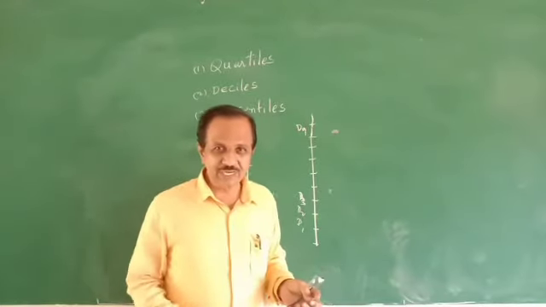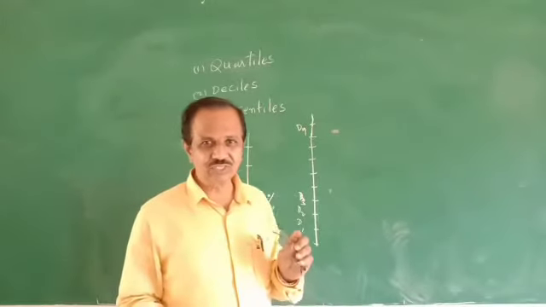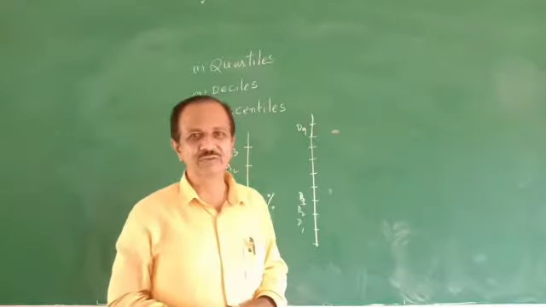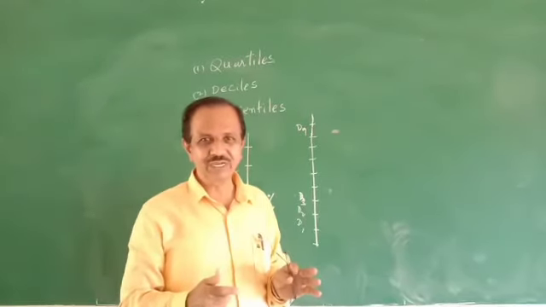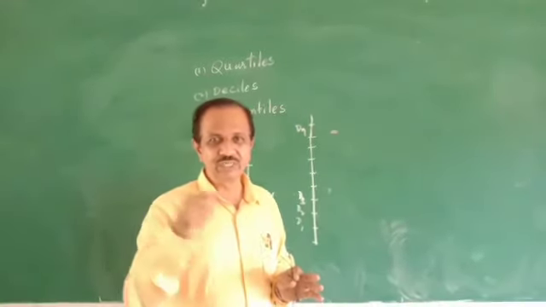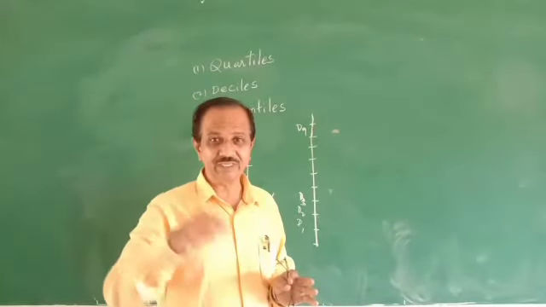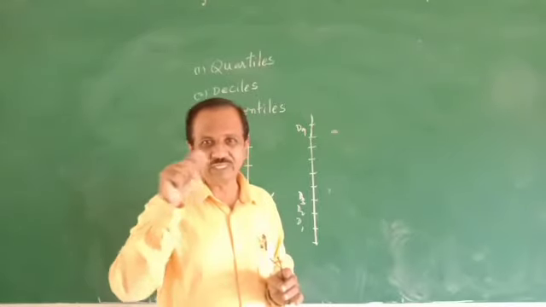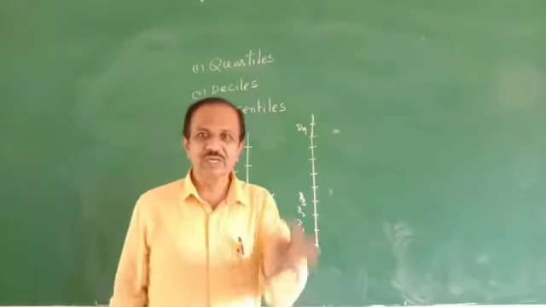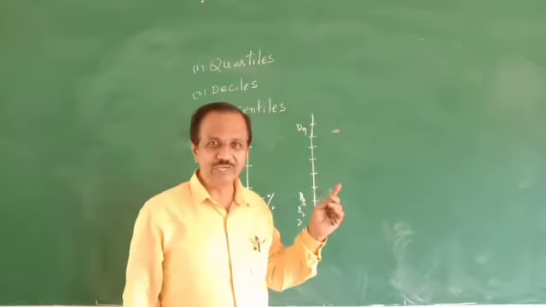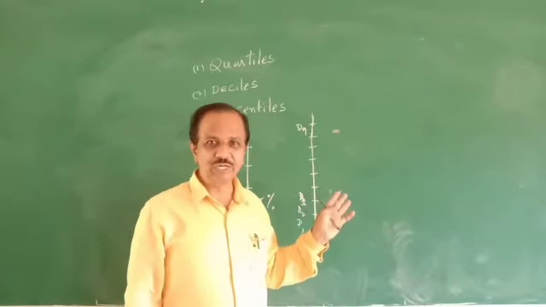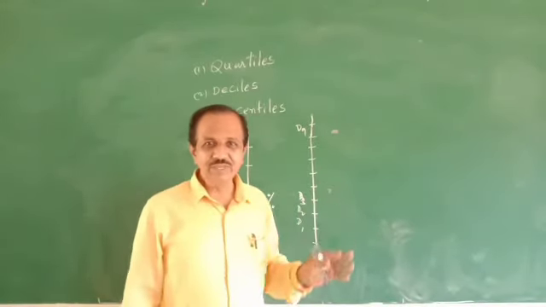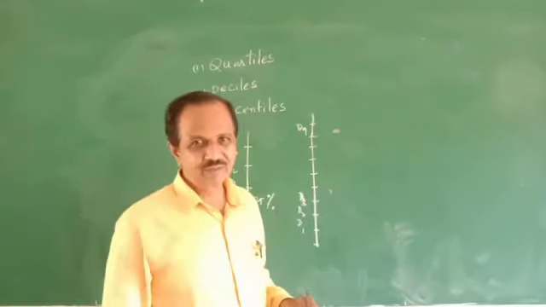To get the percentiles or deciles or quartiles, first step is you have to write the given data in the increasing order. Don't take raw data, such as 2, 5, 6, 100, 101, because to know the middle value or 25th observation, 35th observation, you must arrange the data in the increasing order of magnitude. Then only we can obtain these quartiles, percentiles, deciles. All can be obtained from the less than OQ. That's all. That is about the percentiles and deciles.